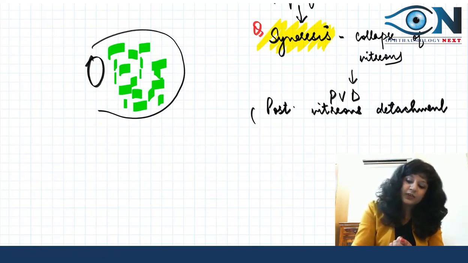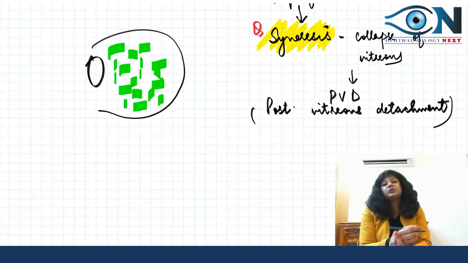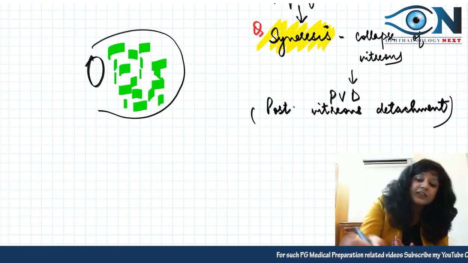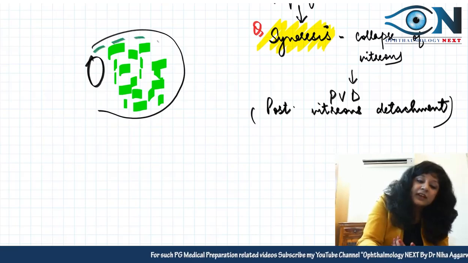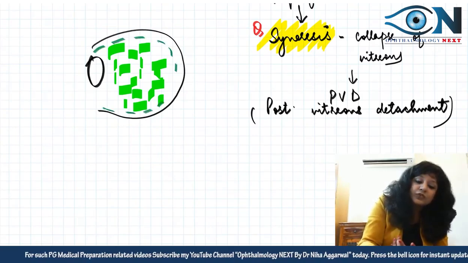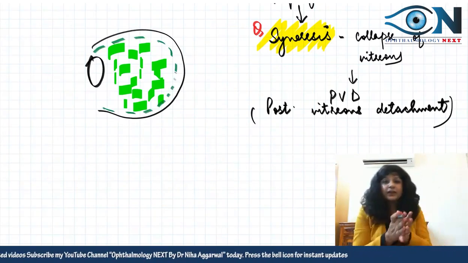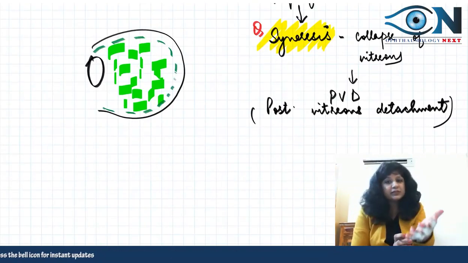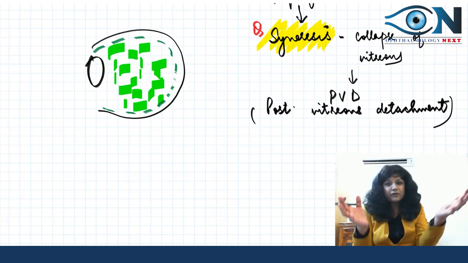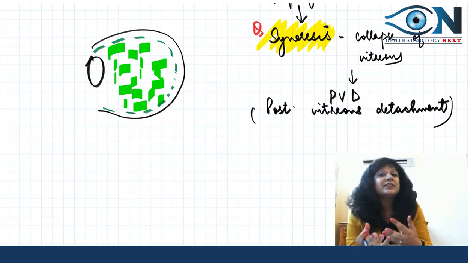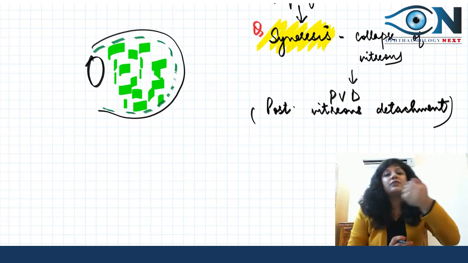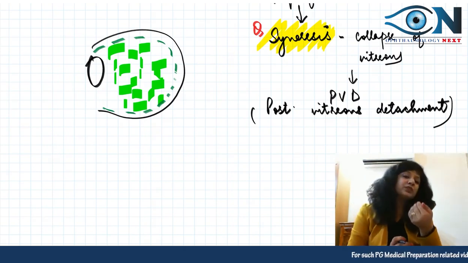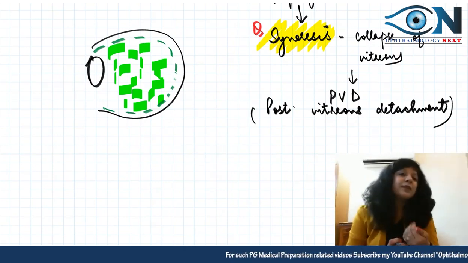Now your next question will be, why ma'am posterior vitreous detachment? Why not anterior? Because I always tell you that the posterior vitreous membrane is loosely attached to the retina. We always draw this dotted one. So the posterior vitreous membrane does not have any ligament. It is loosely attached. So when we have liquefaction, we have collapse, syneresis, then there are more chances of the detachment of the vitreous from the posterior aspect. We have posterior vitreous detachment, we have PVD.